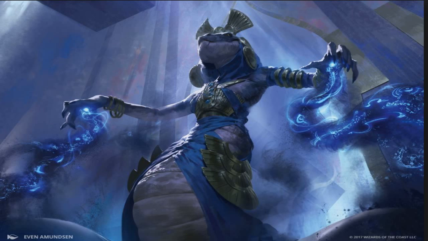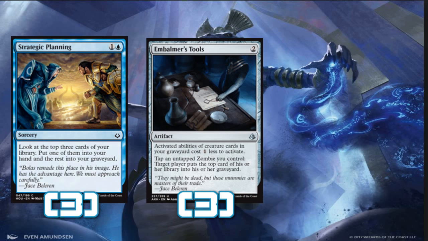20 creatures, 17 of them Eternalize or Embalm. So now let's get into the non-creature spells that help set up our strategy with Eternalize and Embalm. We're going to start at the bottom of the curve, I guess, for our non-creature spells, and move up. We're going to be playing 3 copies of Strategic Planning, 3 copies of Embalmer's Tool, and 3 copies of Stasis